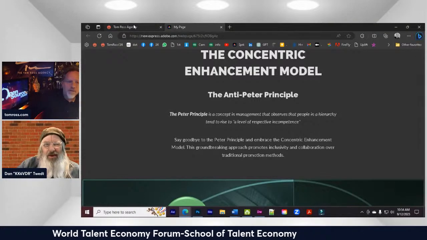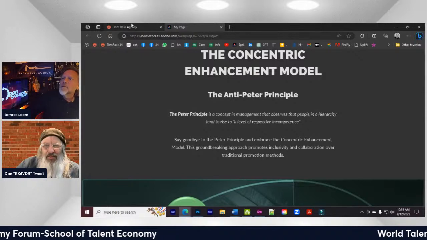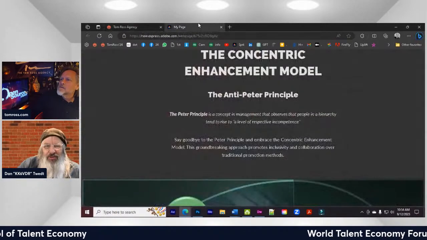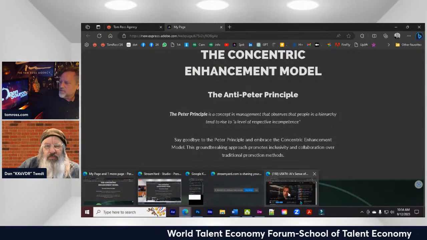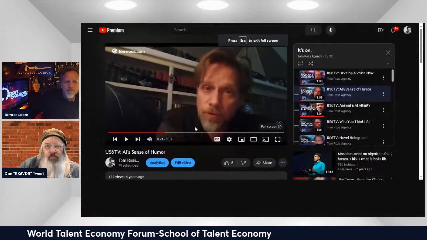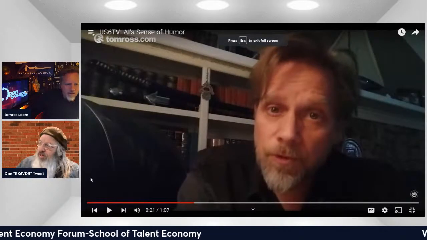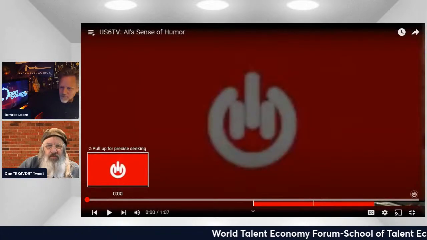Now it's showing my screen. Oh, look at that. Yeah, type difference. That's great. Is this part of the open source initiative probably, or? Let's see. This was the open source thing, but here. It's a great term, concentric enhancement model. Let me see if this works now.